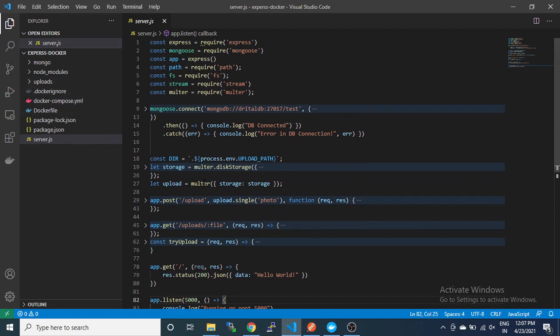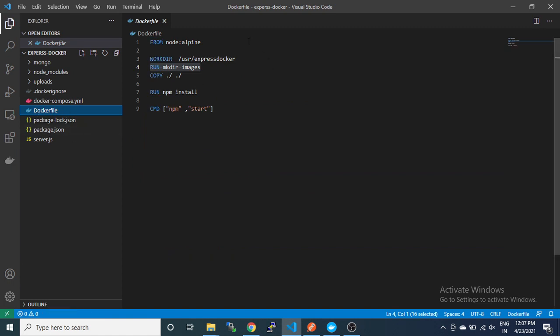So this is the basic setup, and here in the Dockerfile, this Dockerfile is to create the server container. Here we have used node and created a working directory called express-docker inside the user folder.